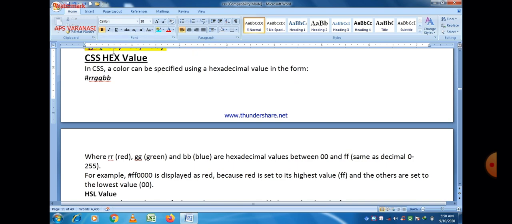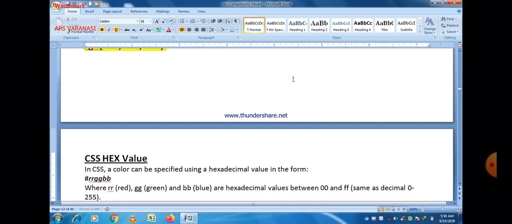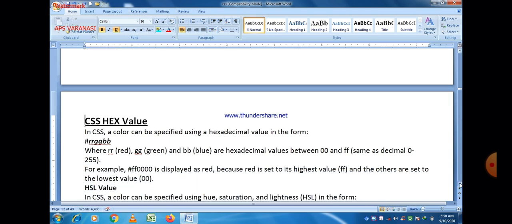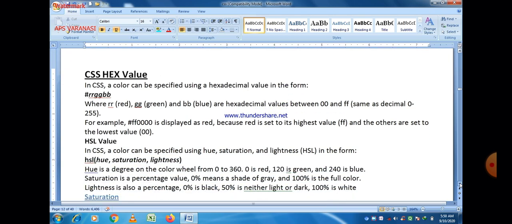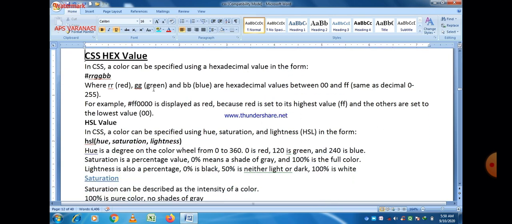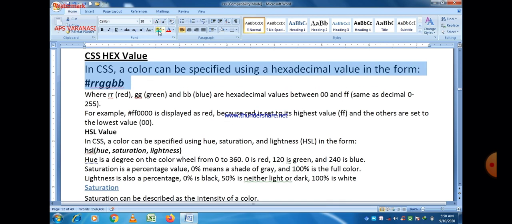Now another representation is using hex values. Hex values are represented by a hash sign with a 6-digit representation. The first 2 digits are used for red, the second 2 digits for green, and the third and last 2 digits are used for blue.